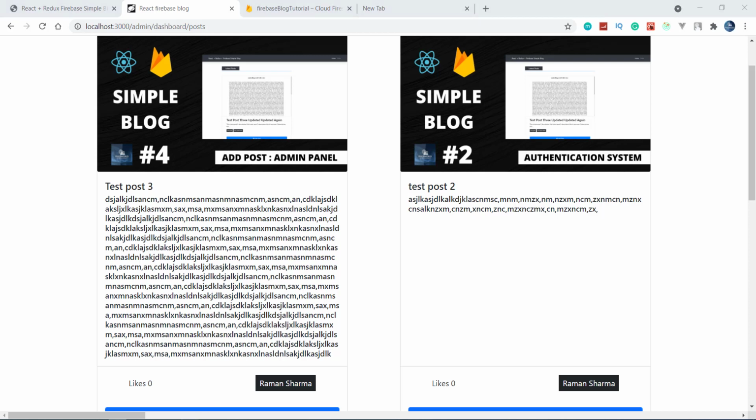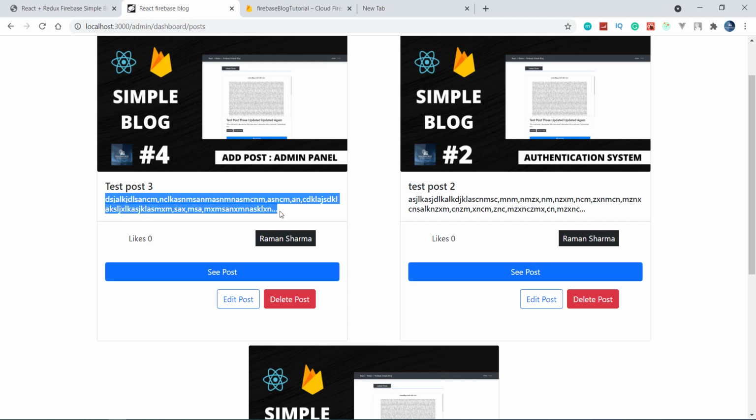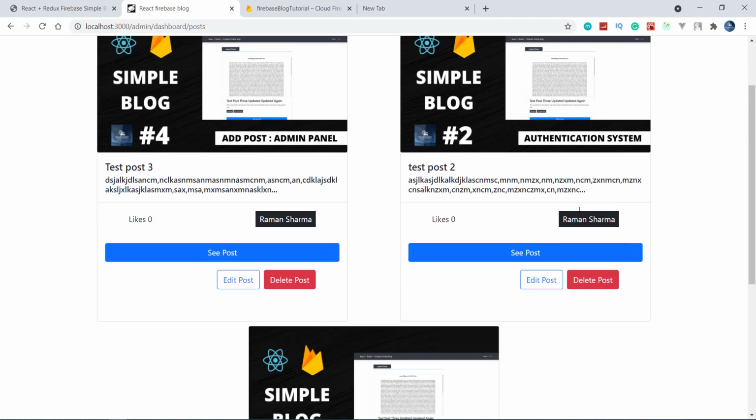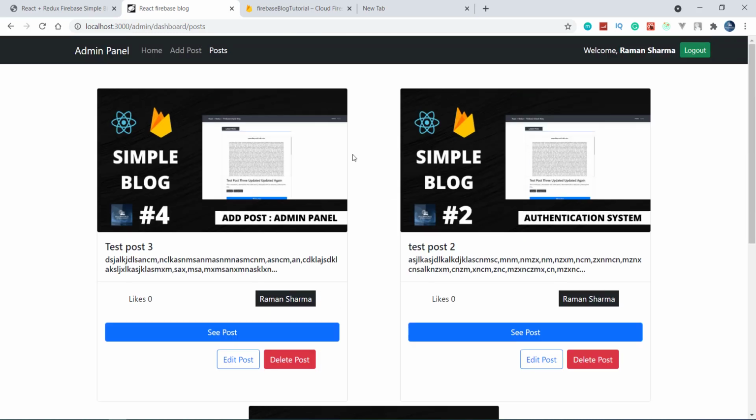I think it is compiling, so it will take a little time for compilation, and see that we are getting this, very good. We are getting dot dot dot, and here also we are getting dot dot dot. Now we have completed fetching the post successfully. In the next video we will do the Create Post.